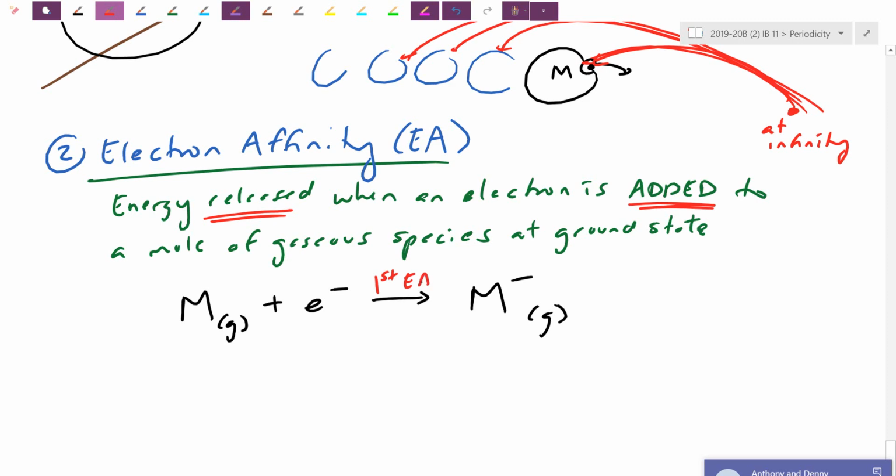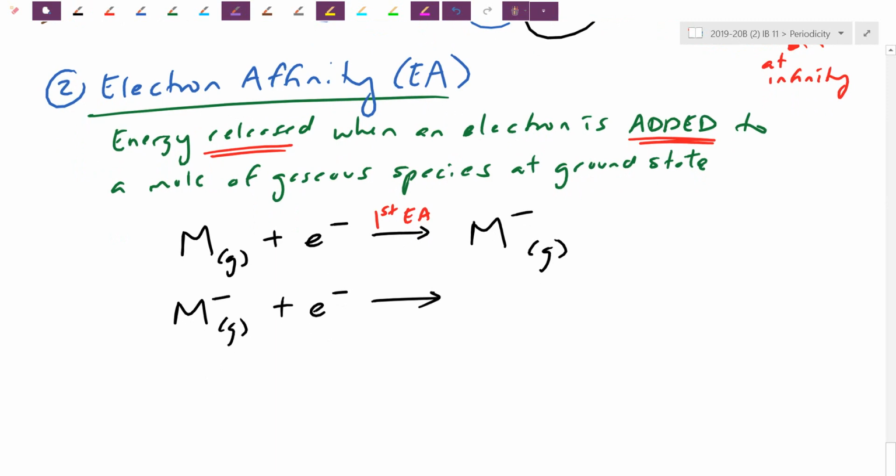This one here is called the first electron affinity. For the very first electron I add, this is the amount of energy that gets released. If I similarly did second electron affinity, take M minus as a gas, give it that second electron. Every time with electron affinity, it's just going to be one electron at a time. In this case here, second EA is going to end up making M 2- as a gas. And you can go on from there. So that's the notion of electron affinity. It is somewhat the opposite of ionization energy. First thing we need to talk about, just before we compare these successive electron affinities, is how the